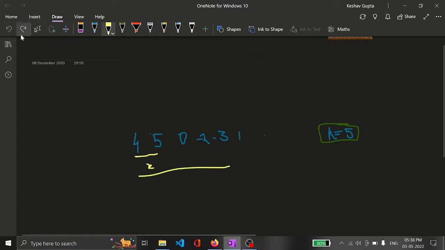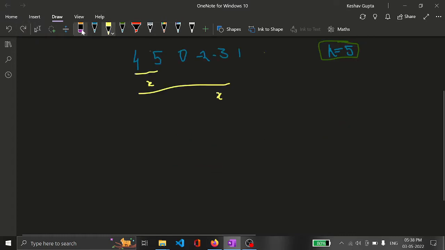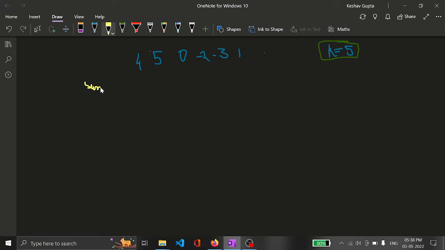To do this kind of question, first we will maintain a sum variable which is initialized to 0, and next is the remainder variable which is also initialized to 0. This is the base condition, which is 0, and this also is 0. So 0 plus 4 is 4. Okay, and 4 mod 5 is also 4.